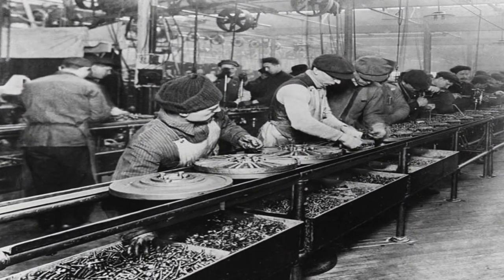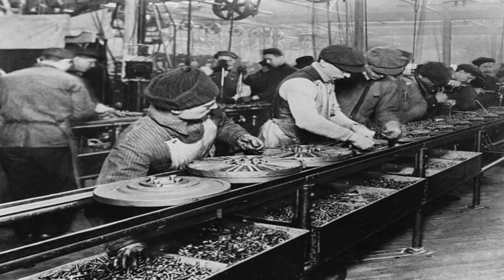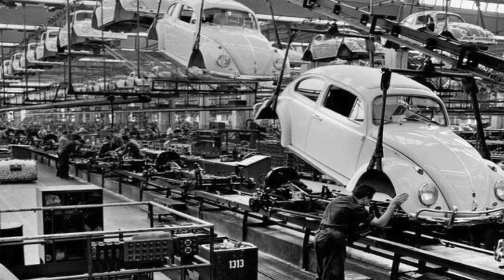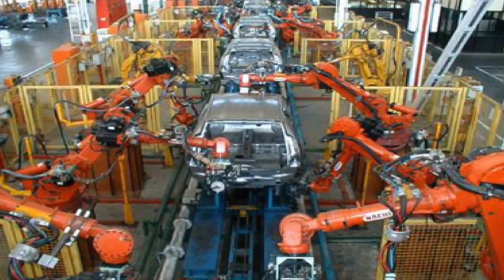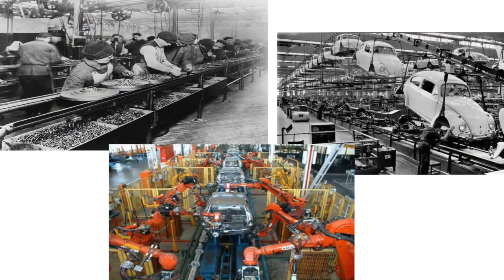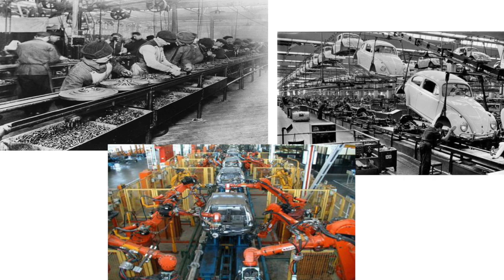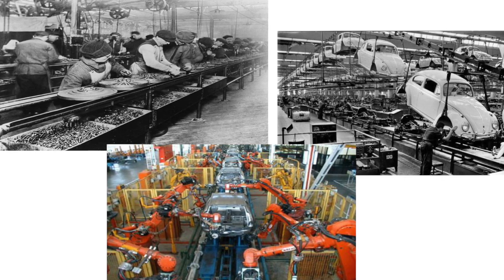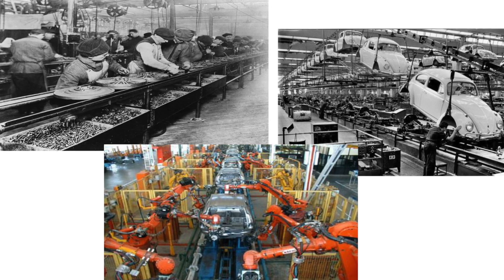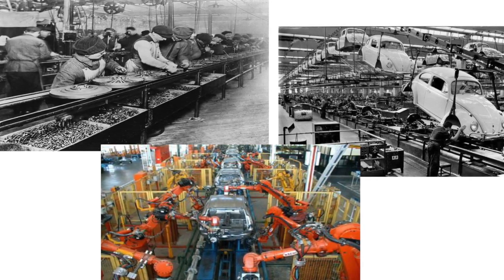Then, of course, there are other ways. So take, for example, this assembly line for a Model T, or this assembly line for the Volkswagen Beetle, or this more modern-day assembly line for this automobile. Several different types of automation going on. Now, one thing I want you to also notice, particularly with this last picture, is you can see that specialization has changed over the course of time.